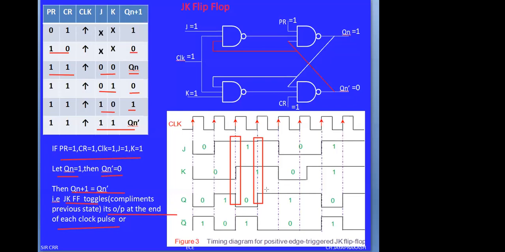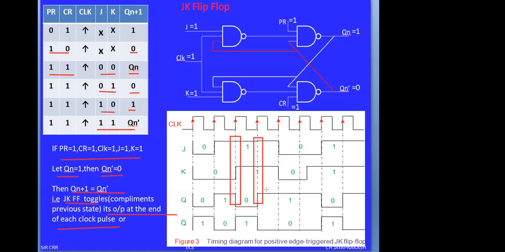అంటే each and every, if it is level trigger, నేను లెవెల్ ట్రిగ్గర్ లో ఉన్నప్పుడు if the clock is changing to 1 to 0 or 0 to 1, when both J and K are set to 1, the value will be automatically complemented, 0 to 1 and 1 to 0. That is called the race around condition. We will discuss the race around condition after completion of D flip-flop and T flip-flop.